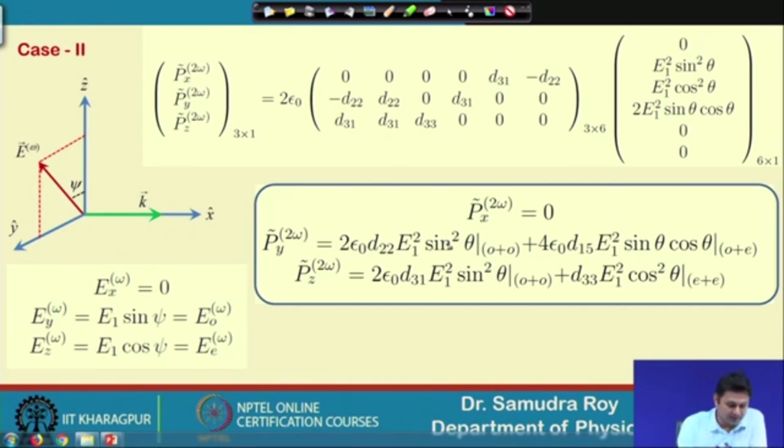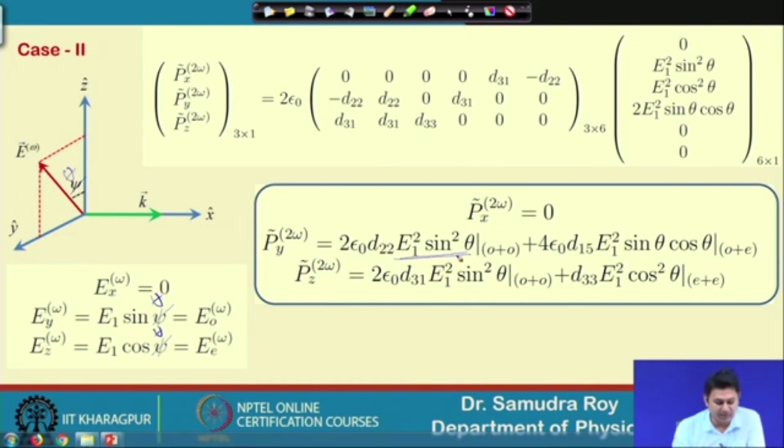Okay, here is a notational problem actually. Here I write it psi, so it has to be psi, but I have written theta. So, let us consider this angle is theta. So, this angle should be theta, this angle should be theta. So, if I consider this thing here,